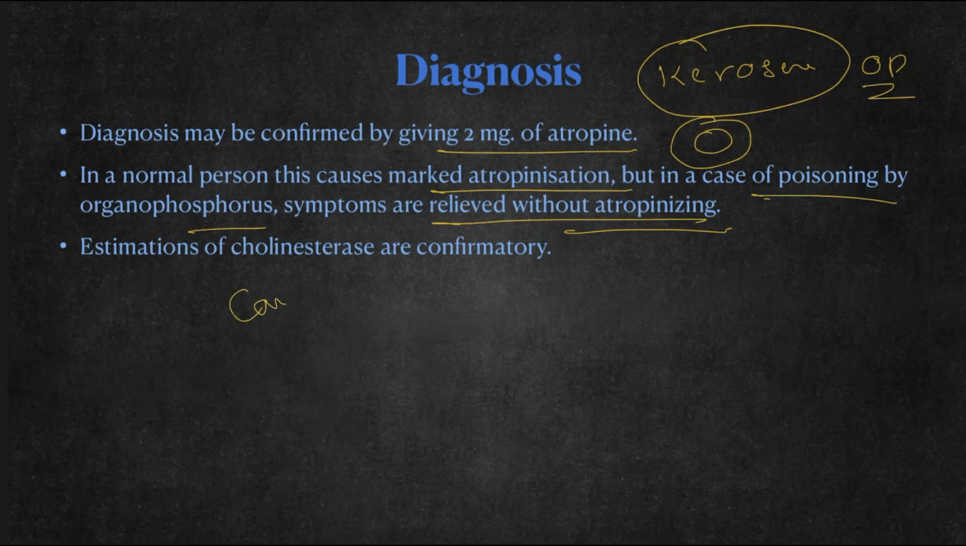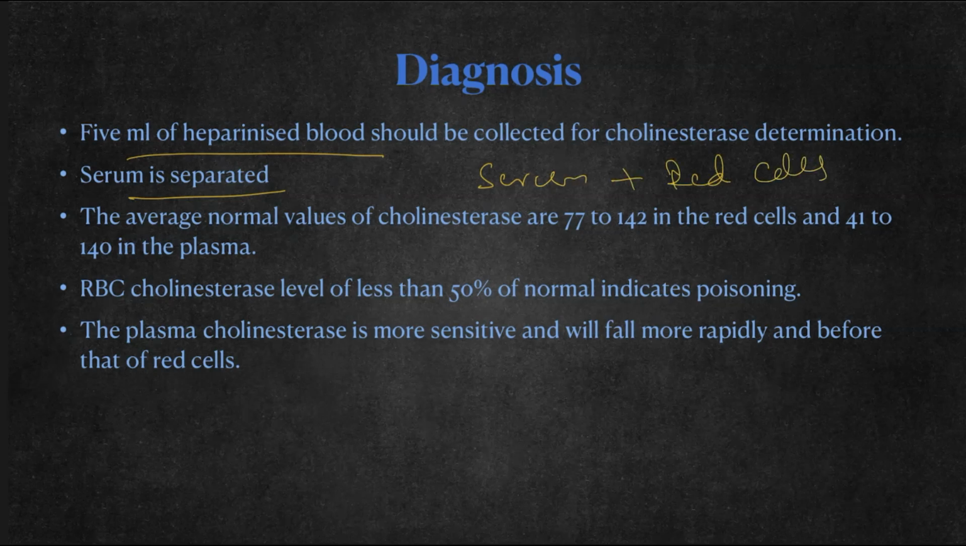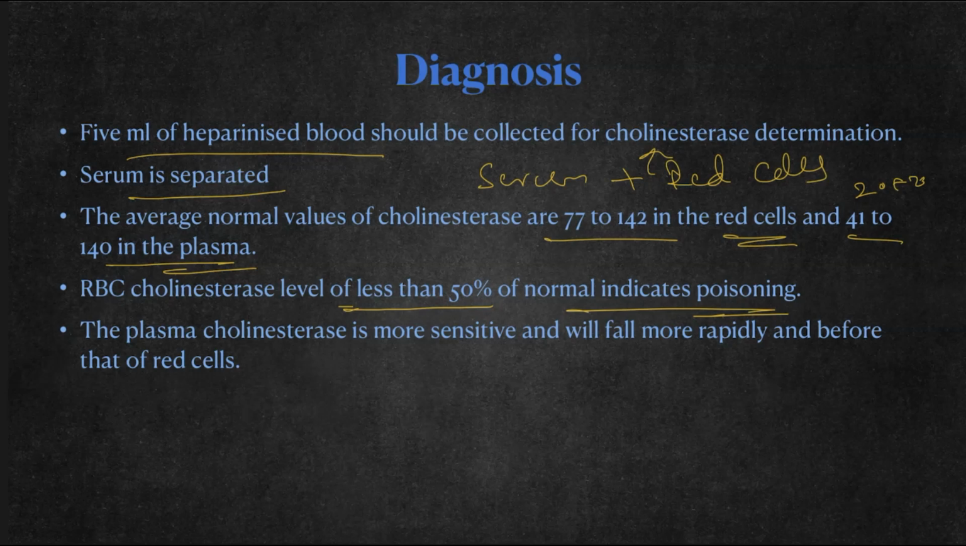But confirmation is mainly by estimation of cholinesterase enzyme in the blood or plasma. To do that, 5 ml of heparinized blood should be collected, and the serum is separated. Serum and blood cells are separated, and both are tested for cholinesterase activity. The average normal value for cholinesterase activity is 77 to 142 in red cells and 41 to 140 in the plasma. An RBC cholinesterase level of less than 50% of normal indicates poison. So if it is less than 50%, like 20 to 70, that indicates there is a chance that the person may have consumed